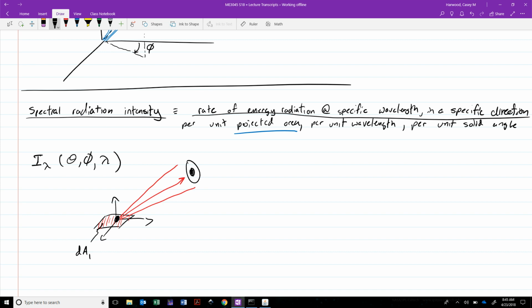What the eyeball located at this ray is going to see is a projection of that area, that has an area dAn, which is equal to dA1 times cosine of theta, where